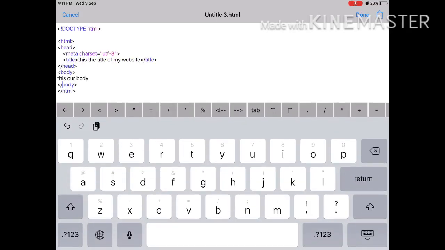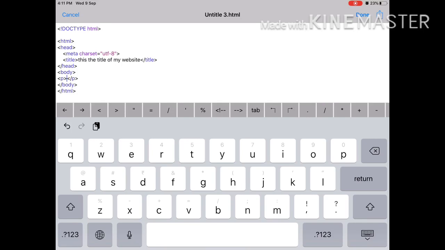We can write text like that, or if we want to write different paragraphs, we have to use the P element. So we have to type the less than symbol, then write P, and then the greater than symbol. Then as you can see, it automatically makes the closing P element.